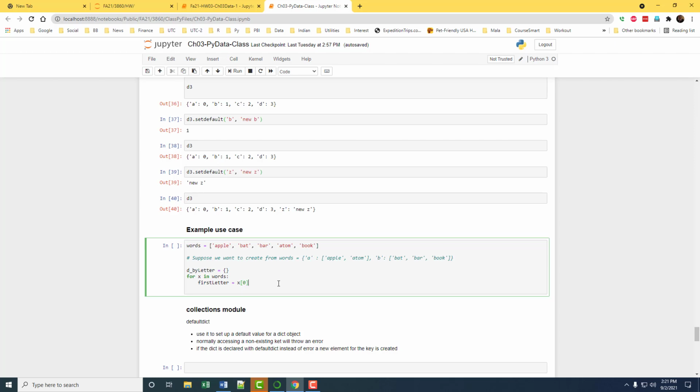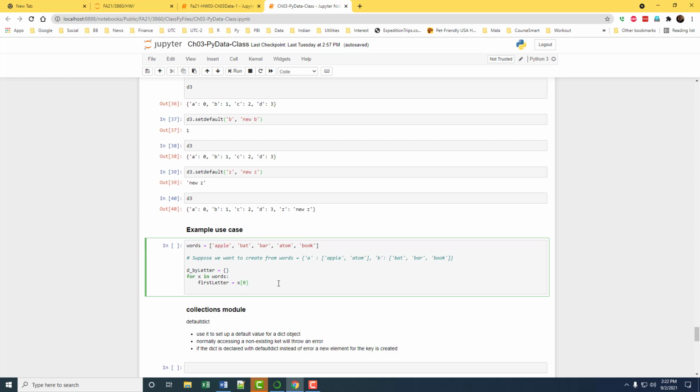Now we want to see whether that first letter is in the dictionary or not. How do we check whether a key is in the dictionary or not? We have a keyword for that, and what is that? in. We can say first letter in the dictionary by letter, yes or no?